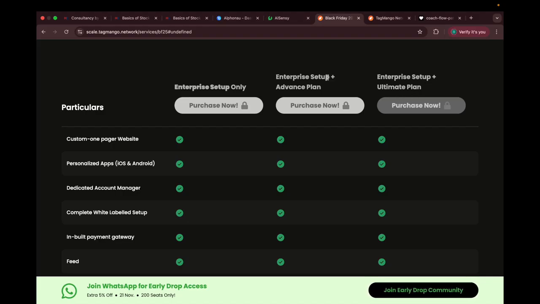Because in these plans, the game really changes. Your dashboard looks different. There's gamification, there's affiliate, there's productivity, challenges. It's absolutely a game changer. So let's check it out. We spoke about the Enterprise Setup so far. Now in the Enterprise